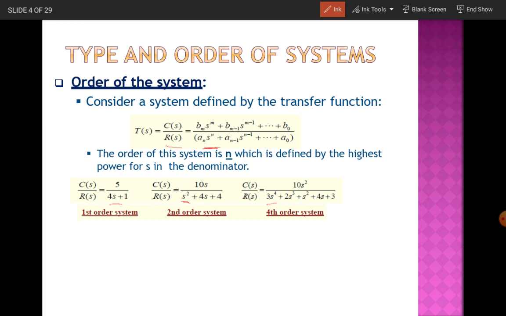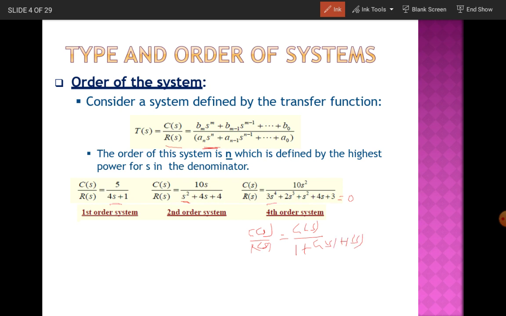Normally in any system, the denominator equation is a polynomial equation. This equation is also called the characteristic equation of the system. So in the general case, when C(s)/R(s) is equal to G(s) divided by 1 plus G(s)H(s).